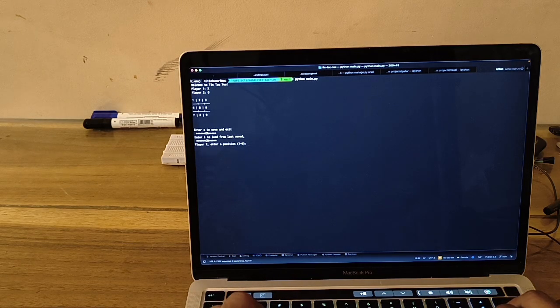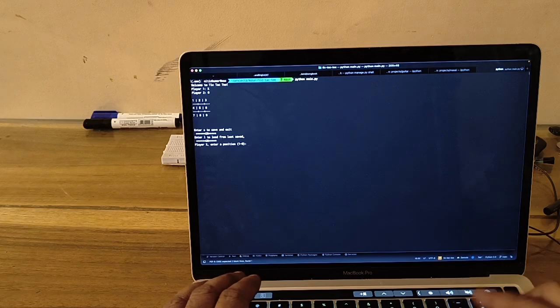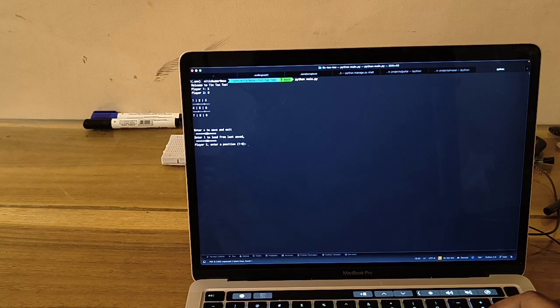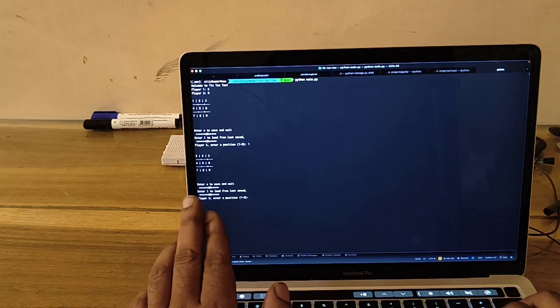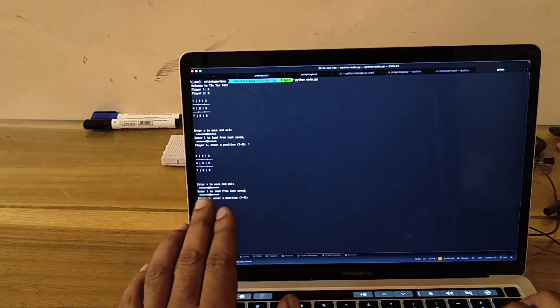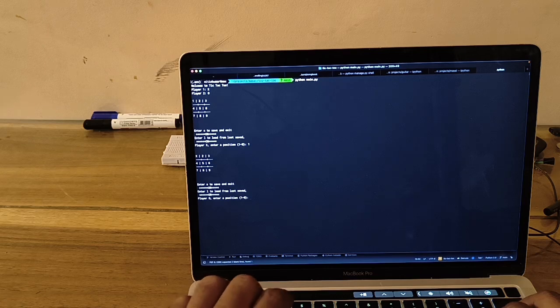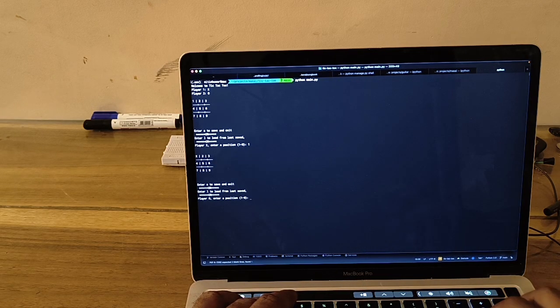By default, player 1 has the sign cross and player 2 has the sign 0, and it shows the board, and you have to choose a number where you want to put the cross or a circle. So if I say I put player 1, then this board will display a cross at the position which you have chosen. So next, if the second player